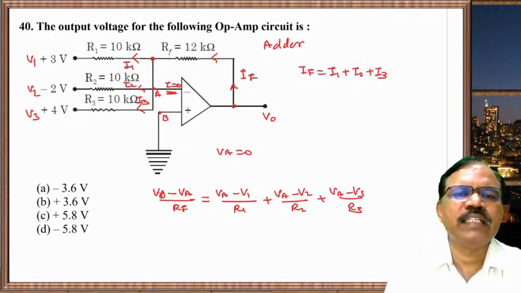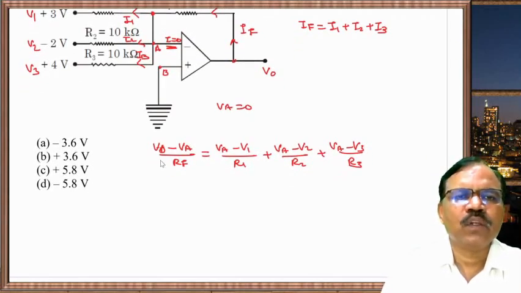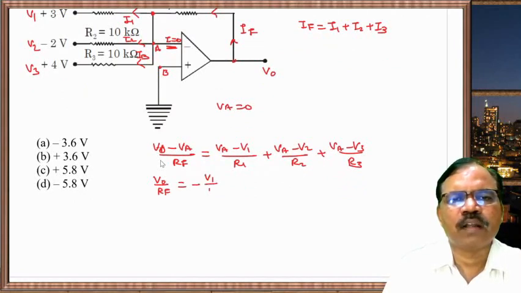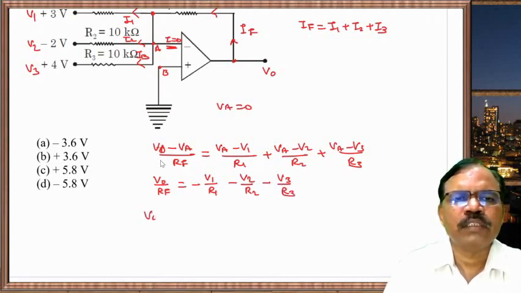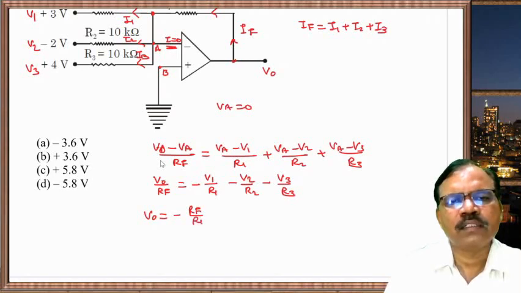But since VA is virtual ground, you will get V0 upon RF is equal to minus V1 upon R1 minus V2 upon R2 minus V3 upon R3. So V0 is equal to minus RF upon R1 into V1 minus RF upon R2 into V2 minus RF upon R3